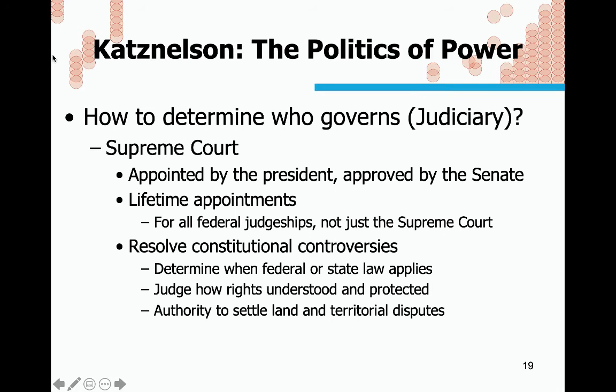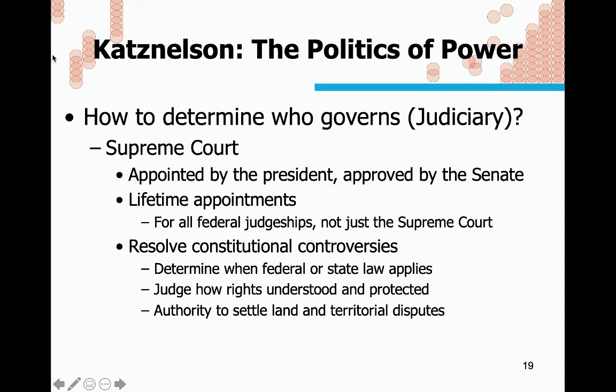So anyway, moving on here to determine who governs, talking about the judiciary, the Constitution creates a Supreme Court, whose members are appointed by the president and approved by the Senate. They're lifetime appointments for all federal judgeships, not just the Supreme Court. But the Constitution only created the Supreme Court and left the rest of the court system up to Congress to design. And of course, president would need to sign off on this. But the purpose of the Supreme Court was to resolve constitutional controversies, determine when federal or state law were to apply,